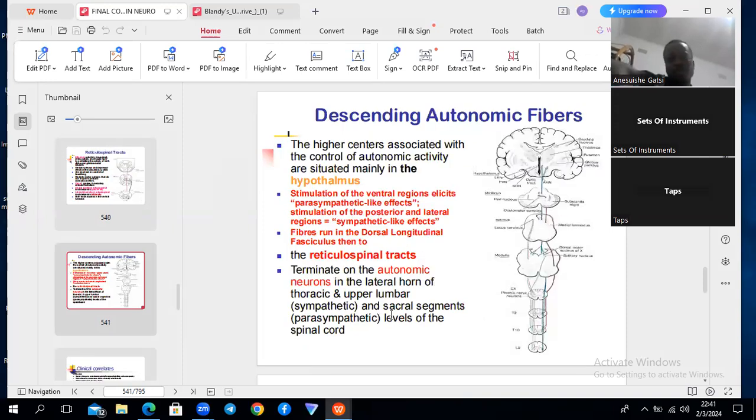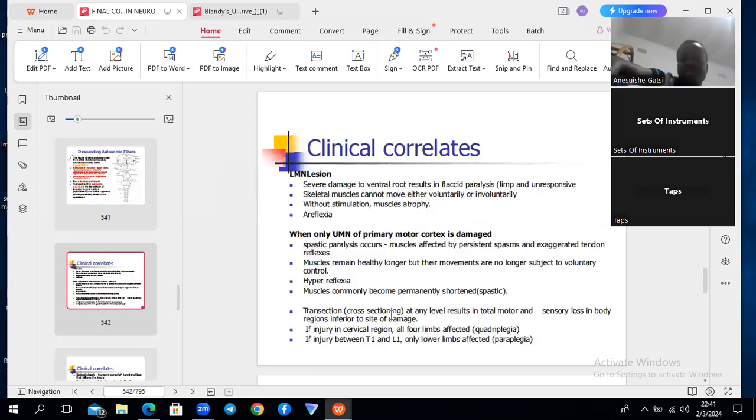Then we talked about the descending autonomic fibers, which basically descend as the hypothalamospinal fibers. They come from the hypothalamus, and they mediate flow for sympathetic and parasympathetic. So we'll now go to the most important part of this talk,